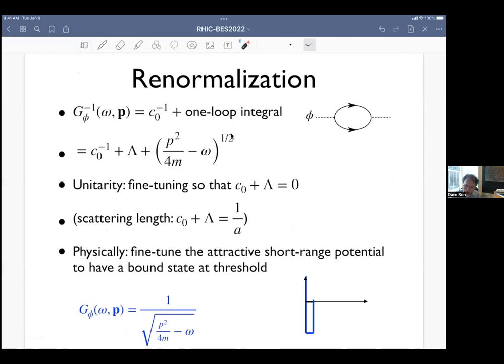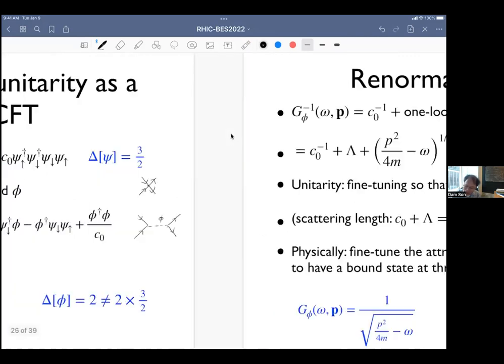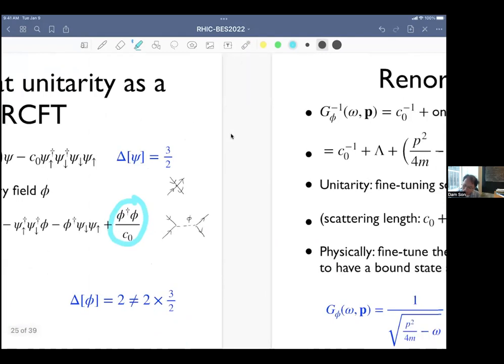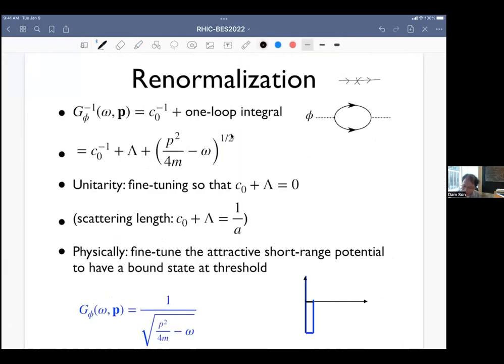So the inverse propagator of phi is the sum of the term that we have in the Lagrangian, this term, and the one loop graph that renormalizes the Green function. The one loop graph turned out to be linearly divergent, and so this diagram is equal to lambda, which is the momentum cutoff. And if we subtract this lambda, there is a finite part that is the square root of